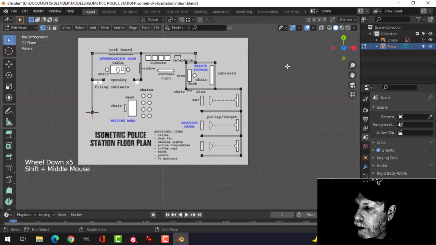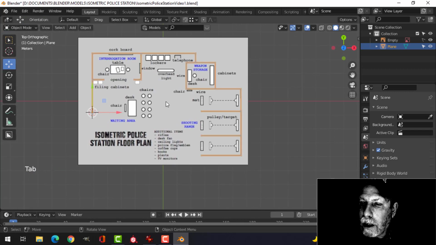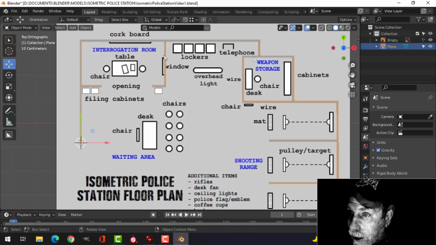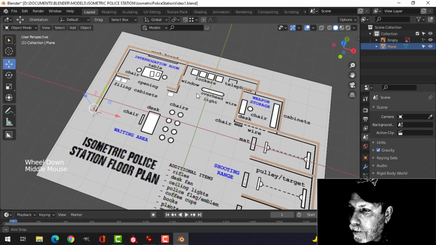Missing anything? Let's go back into object mode and just have a look. So I've made this opening already. I want that to be all the way through my walls, and I will cut open a little window. I will cut an area here in the weapon storage where you would get your guns and ammo. I'll cut something there, and I've got that. Okay,